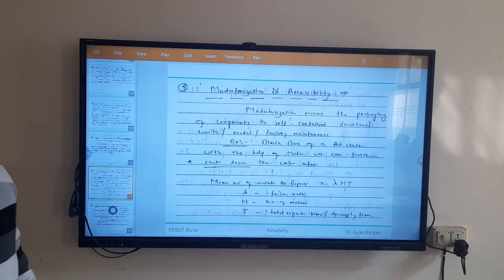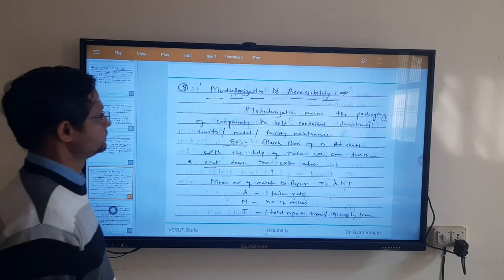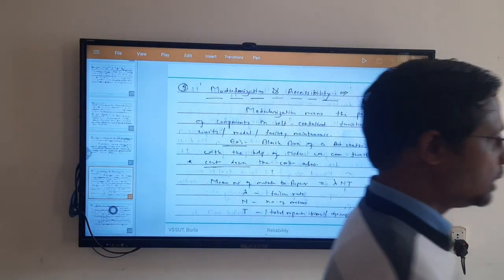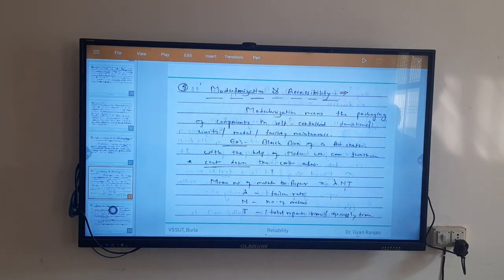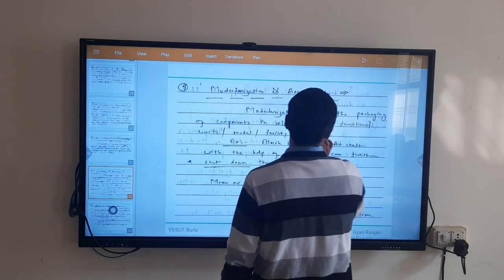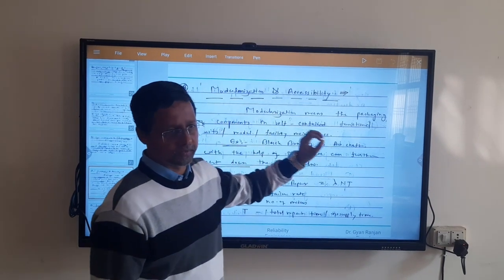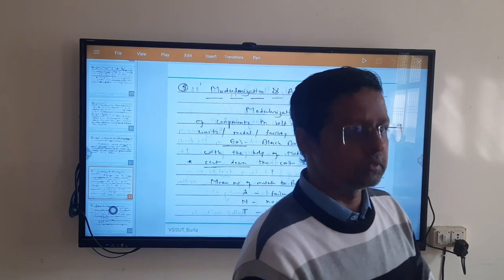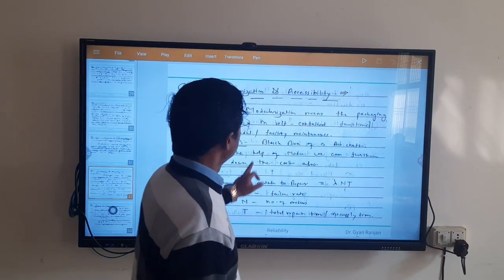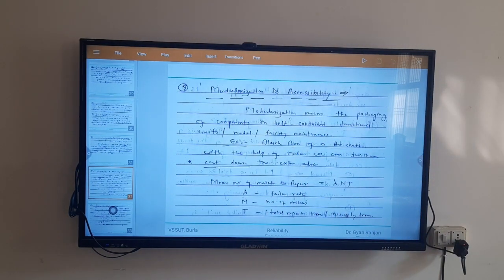Here, modularization and accessibility. Now what do you mean by modularization? Again, remember, it is not exactly the useful life period, but you can say it is the last phase of the useful life period. For example, most of the time it is related with the packaging of the component. And when I say packaging of the component, you can treat it as a unit, a model, a facility, or a system, depending on hierarchy. Okay. For example, many times you might have seen that component X is designed in a modular way.